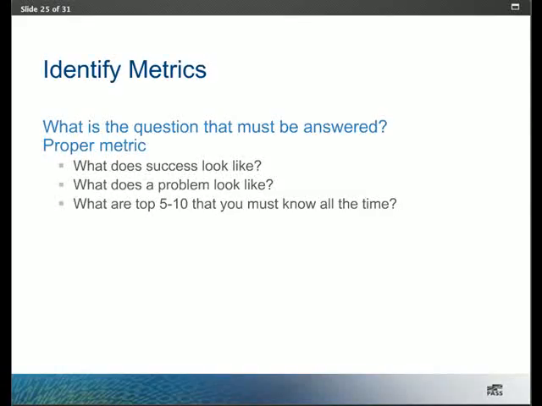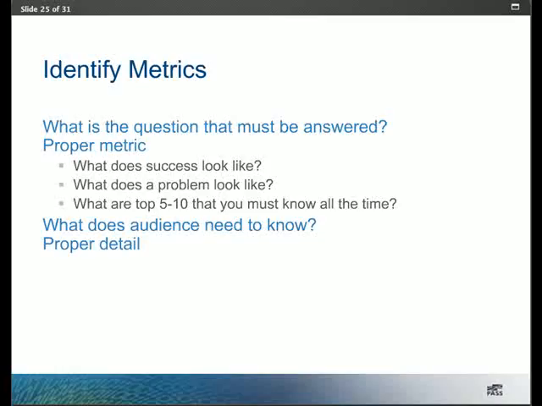And as you work through the metrics identification process, you also need to consider how much your audience needs to know so that you can provide the proper detail. That means having the summary information that's relevant. It needs to encompass the time frame that helps them understand whether things are moving in the right or wrong direction. But it does not need to be a summary of all time or even certain periods of time that aren't helpful for moving forward. And whatever isn't immediately relevant, have a way to access that through a link to supporting details if it's useful to know, but not needed for that particular decision point.